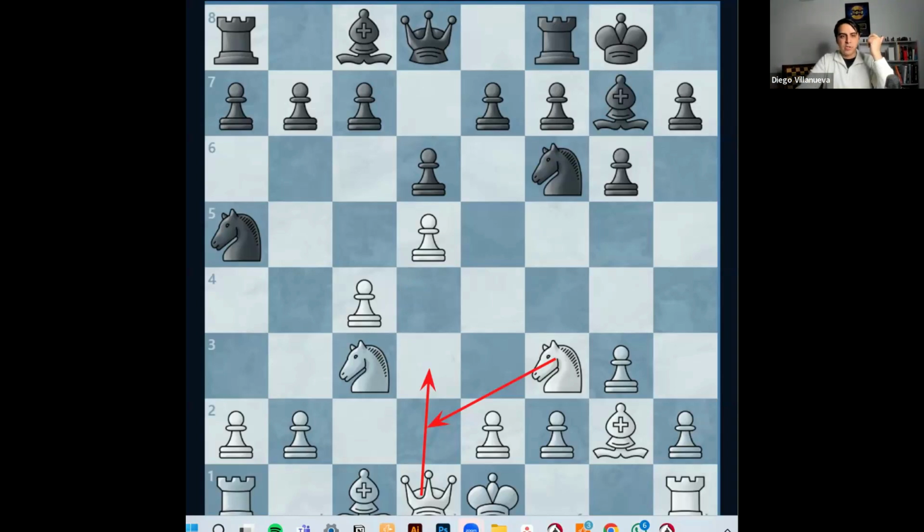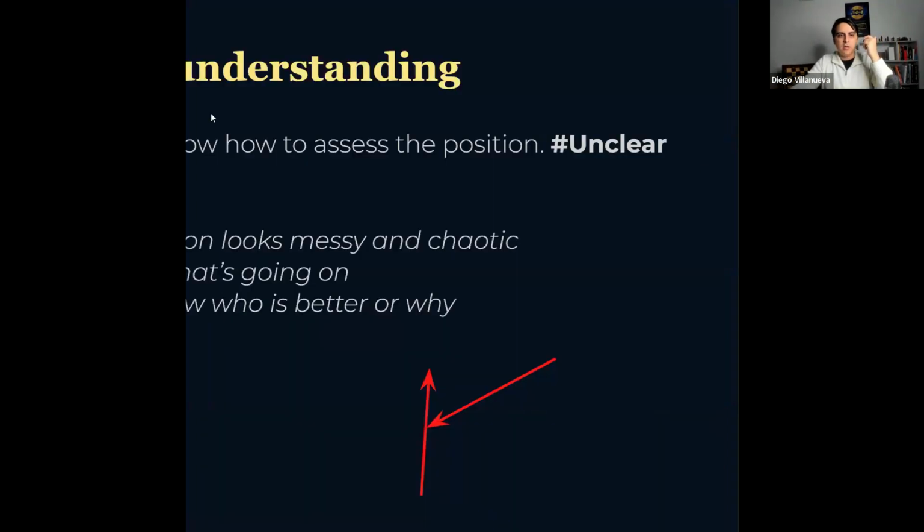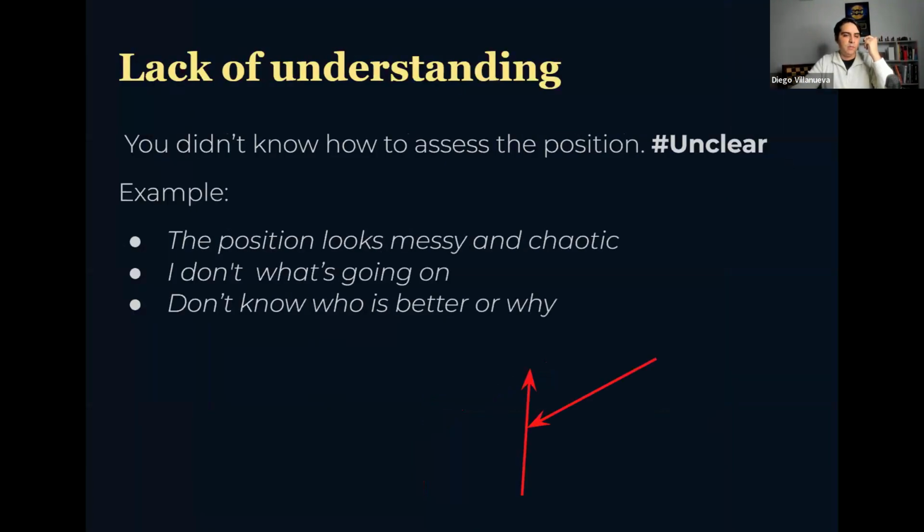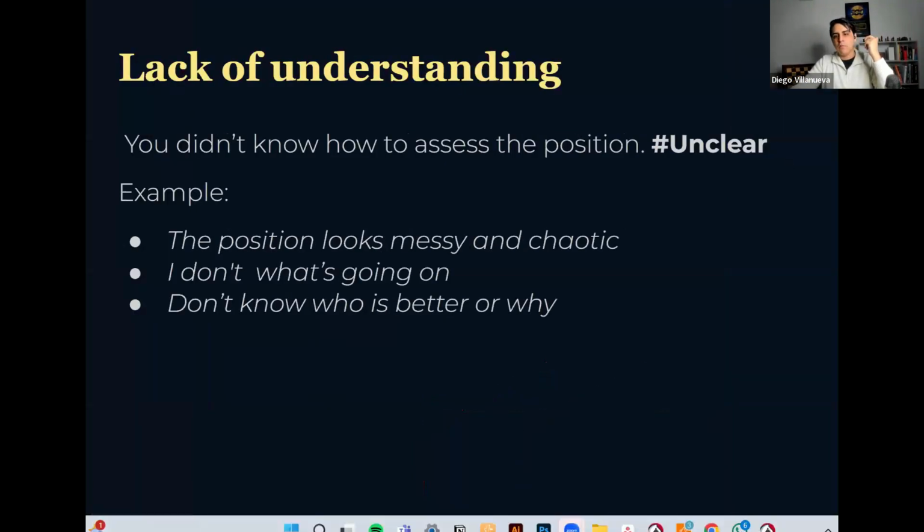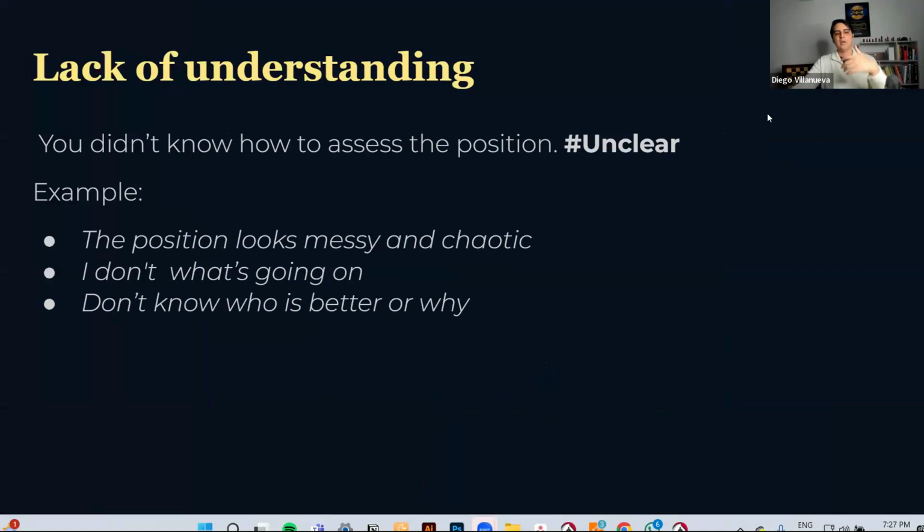So now, okay, we were talking about lack of clarity. Now let's talk about lack of understanding. So another reason why people make mistakes is because they are lacking understanding. But understanding of what? Well, understanding of the position. Every time you find yourself in situations when you don't understand how to assess the position, that is a problem. Because if you don't know what's going on,